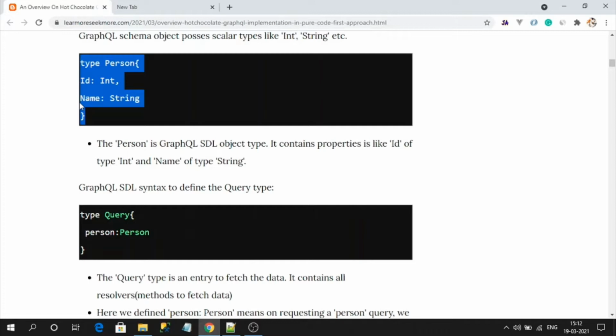Everything else, the schema generation, will be automatically generated at runtime by the GraphQL server. So we are going to implement a small sample, writing the entire code in the pure code first approach for setting up the GraphQL endpoint. We are going to do a demo now.